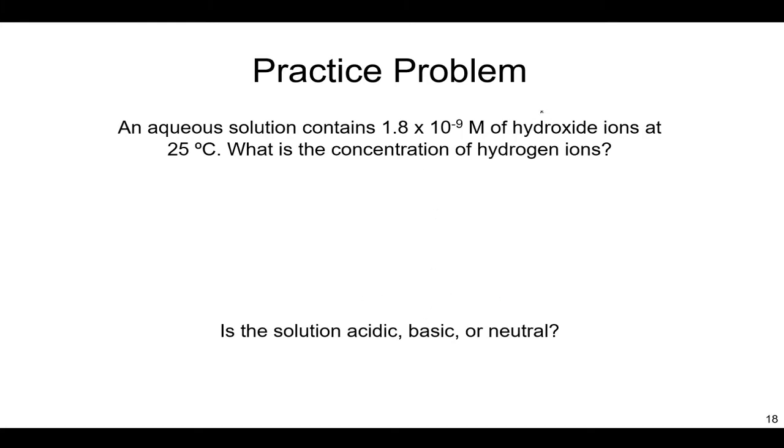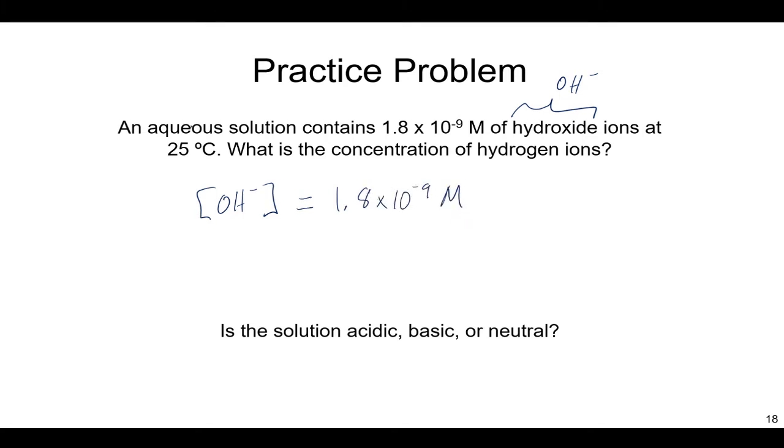Well, just reading this and seeing hydroxide, right? This hydroxide here is OH minus. You're tempted to think, aha, there's OH minus around. It's basic, okay? But there's actually always OH minus around. It's a product of water. So exactly how much OH minus is around will affect whether it's acidic, basic, or neutral. So let's take a look at this. If there's OH minus in the amount of 1.8 times 10 to the negative 9